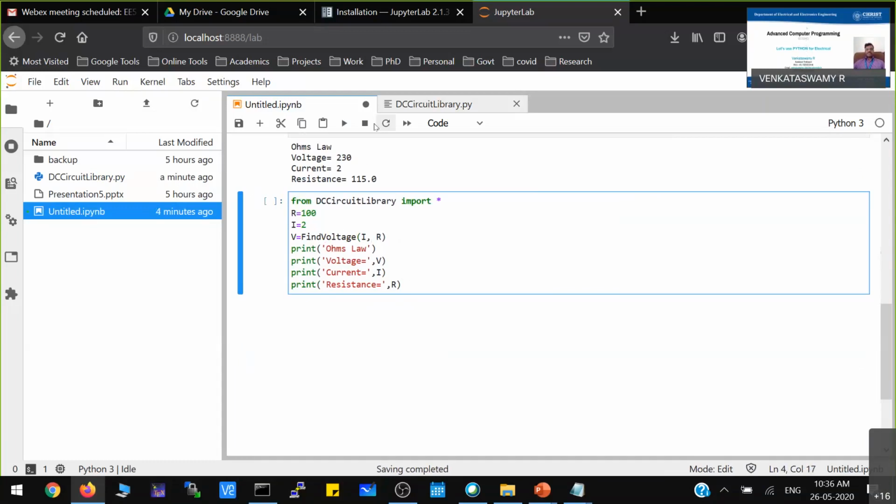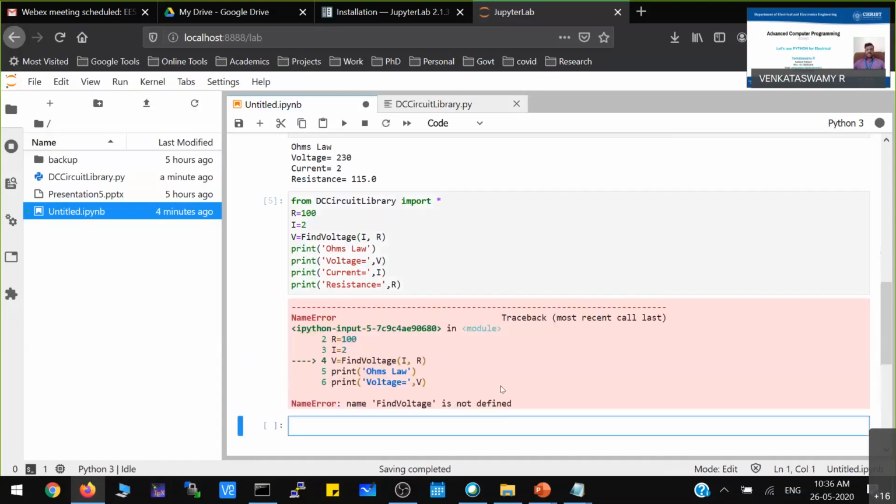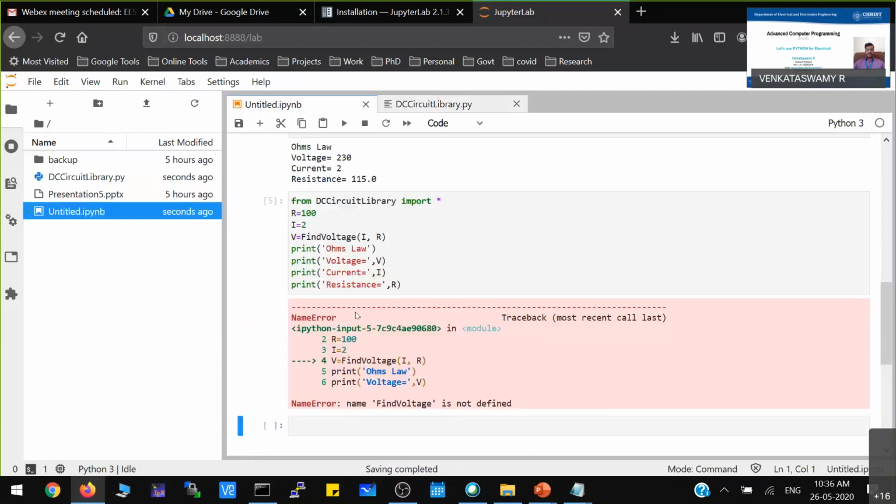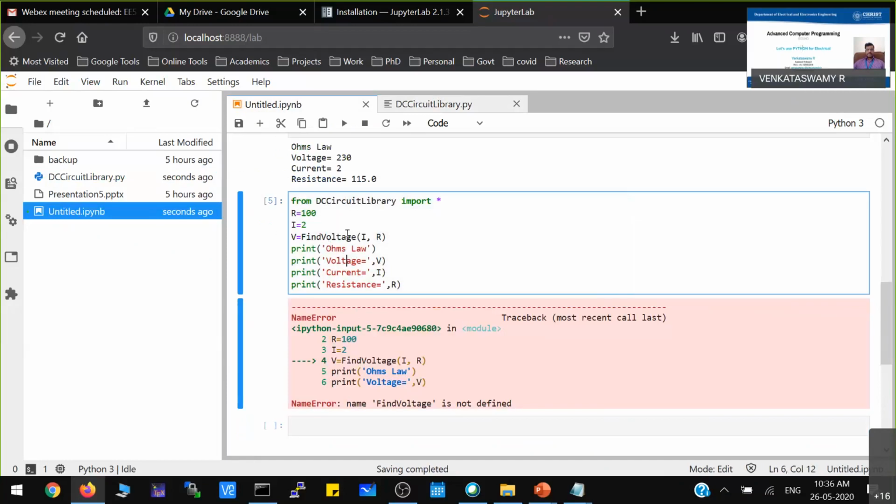Now when I run this, you see how to debug. The name find voltage is not defined. Not defined where? In this particular function. So I just saved this one. Find voltage, it is there actually. I'm just executing again.